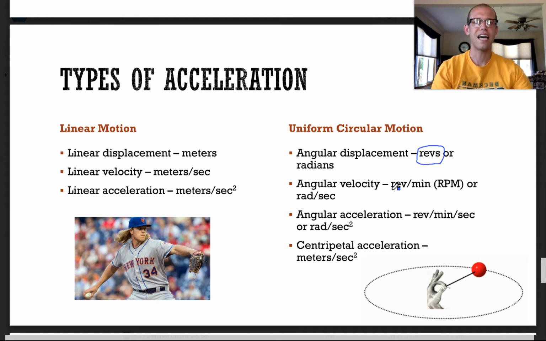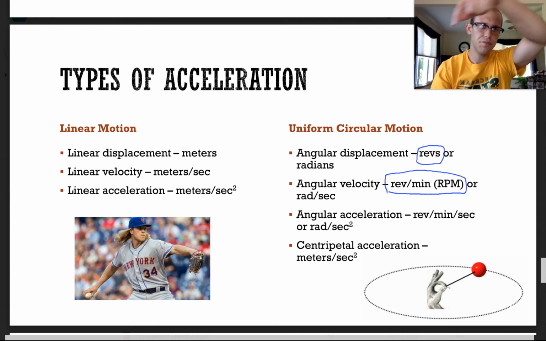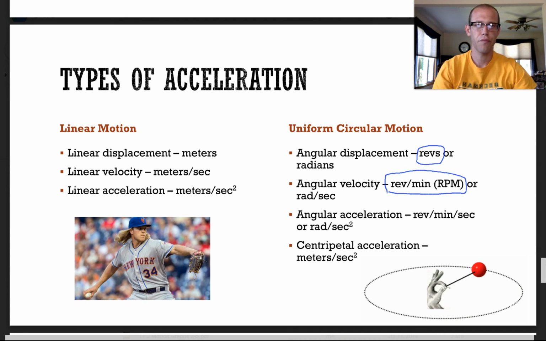Angular velocity is how many revolutions something does every single minute. So how many times does it go around in a circle in a single minute's time? Does it go around 50 times every minute? And angular acceleration, we talk about this in revolutions per minute per second or radians per second when you get into physics. Okay, we won't talk about this much, but the thing I really want to talk about and point